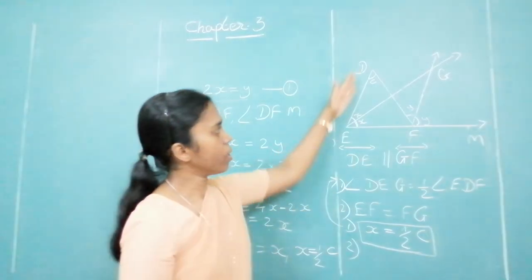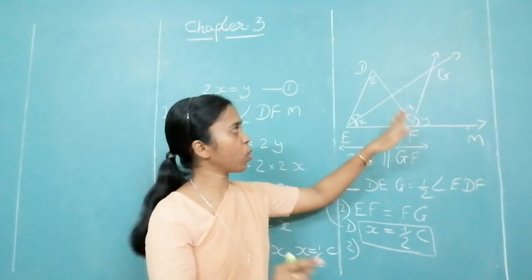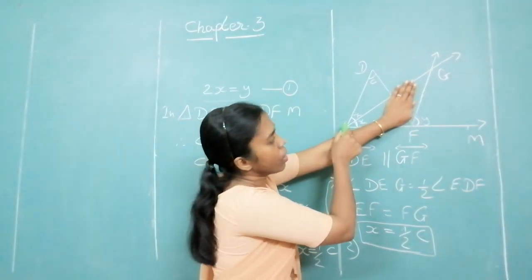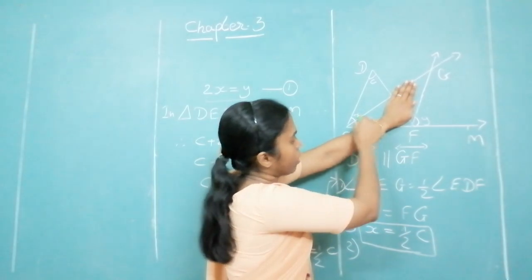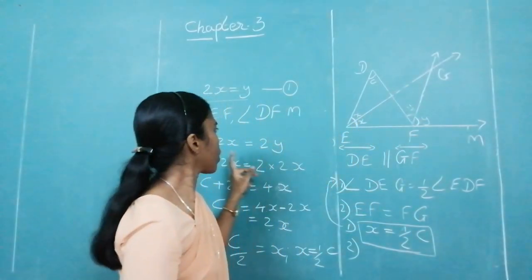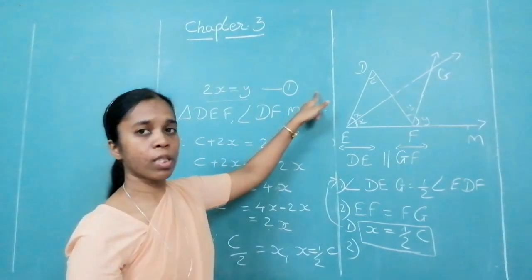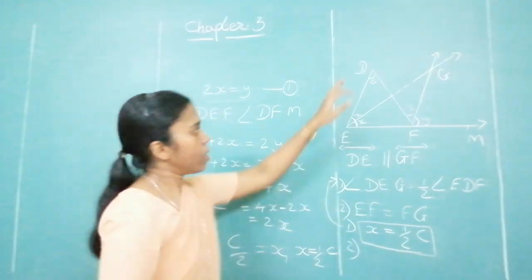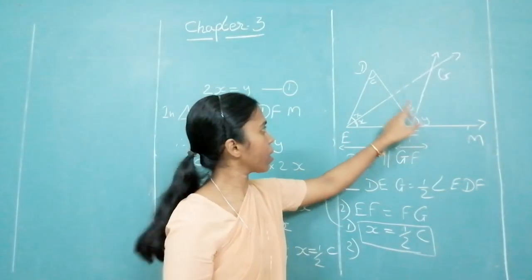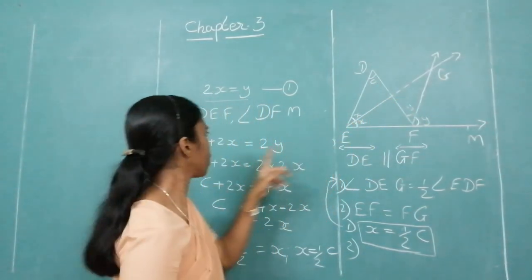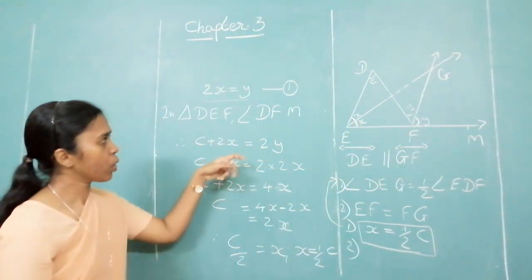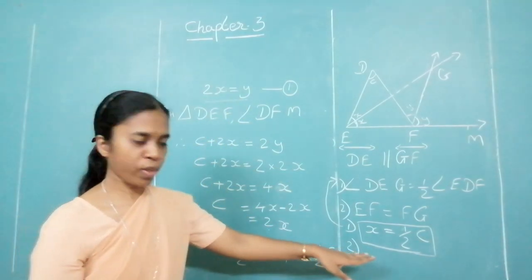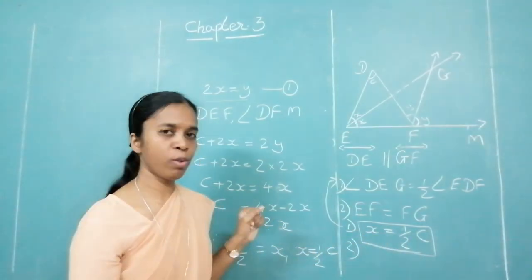Once again I repeat. These two lines are parallel. Please take note. Lines are parallel, not 2y. Okay. This much only is parallel. Therefore, which are the corresponding angles over here? These 2x and y. Therefore, we have 2x is equal to y. Why? What is the reason? They are the corresponding angles. Okay. Now look at this triangle. In this triangle, this is the exterior angle. So this 2y is equal to this plus this, that is C plus 2x is equal to 2y. You replace y is equal to 2x, you will get it. And look at what you want to find out. X is equal to half C. So you will find it.